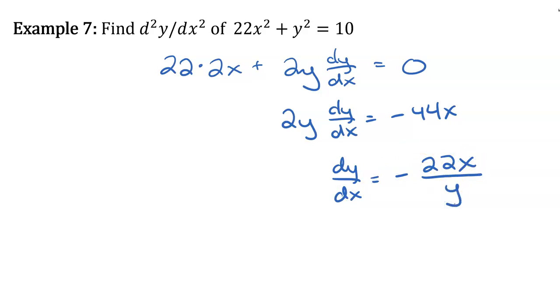To be able to find the second derivative, you have to find the first derivative. Now here's where things get a little interesting, because the process is the same. The process will always be the same. The difference is when it comes to some of the simplification, and here's where notation can help you out. So, d dx of both sides,